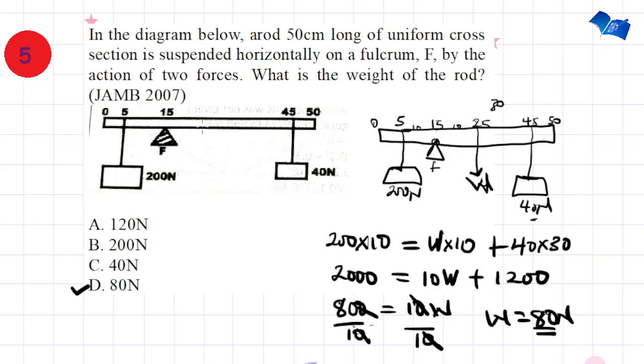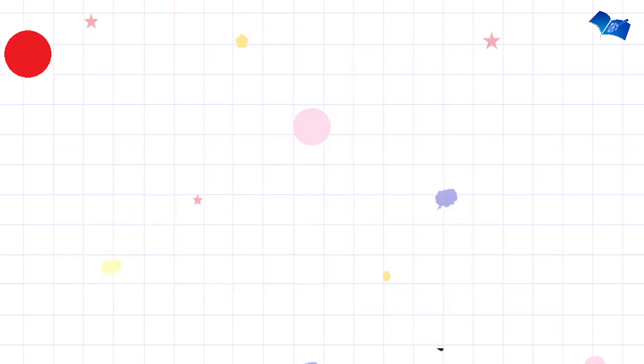So just mark the points. You can see that this rod is 50 cm long, so the center is the 25 cm mark, right? So at that 25 cm mark is where the weight of the rod tends to act. Okay. So the next question: